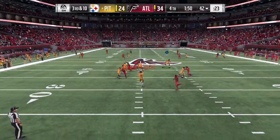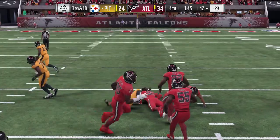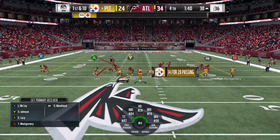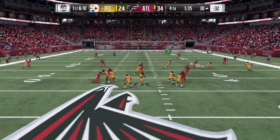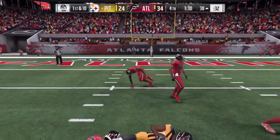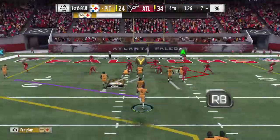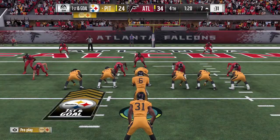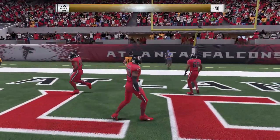They'll set up to throw. Dumping it off for Johnson. And he's taken down, but not before he gets this into enemy territory across the 40. A good pickup there of 20 yards. They'll set up a throw. This one complete to Lacy. And down he goes, taking it inside the 10 to the 7. That goes for a gain of 31. 1st down now, but that clock rolling. Looking to throw. And this is caught now for a late